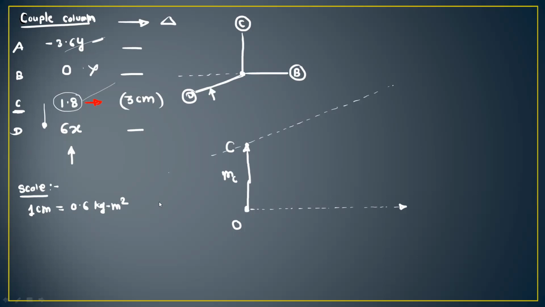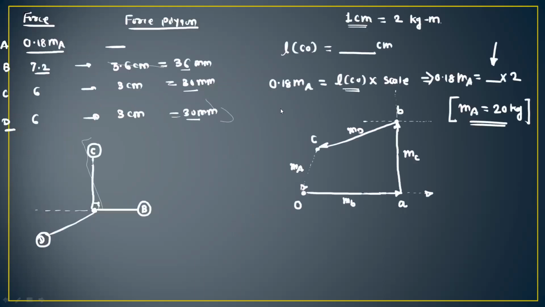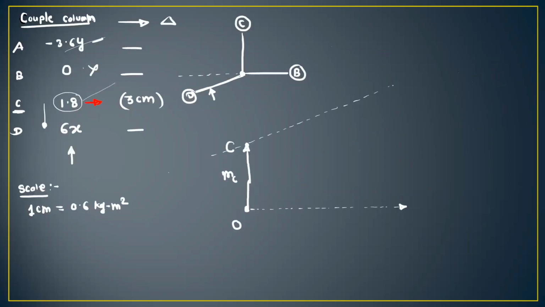So from the force polygon, you will get the angle for the mass A. So this is the angle of mass A with respect to the negative axis. Okay. So in the angular position diagram, show the mass A. So this is the mass A. Okay, and this angle, that is theta A, you will get from the force polygon.